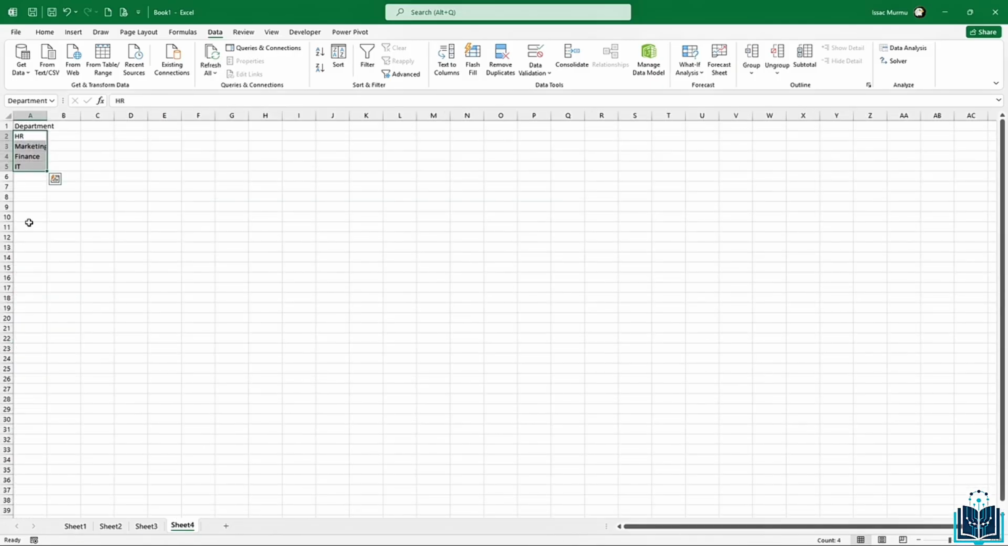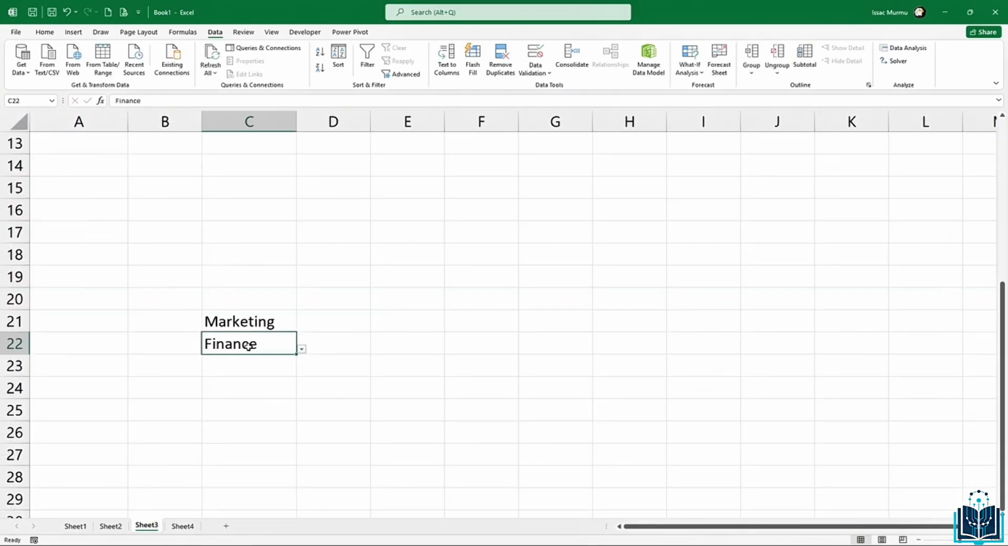Okay, if I change anything over here, let's delete one from here and now let's try to find out. So now you cannot see it in there. So this method is much easier to maintain, especially if your